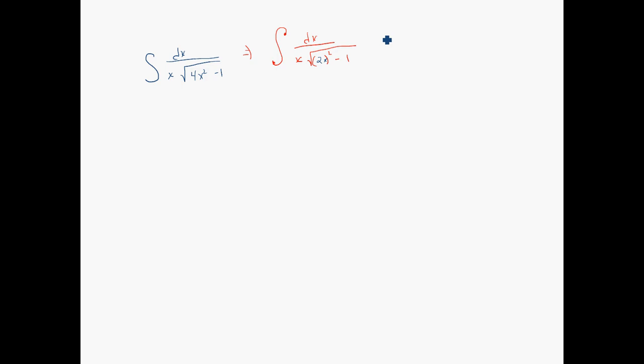So this is actually pretty tricky, right? If u is 2x, du is 2 dx. Now don't get confused with this x. This x is red. It's still part of the inverse secant, right? So if u is equal to 2x,